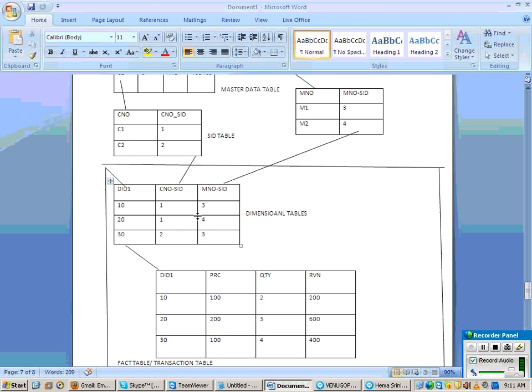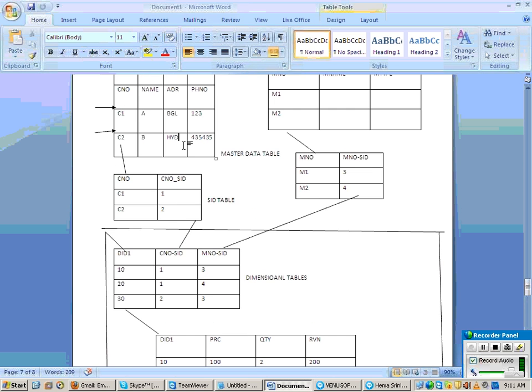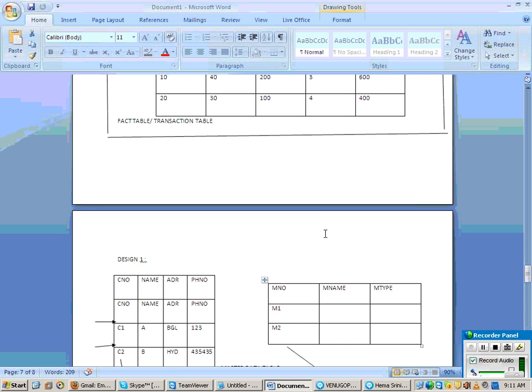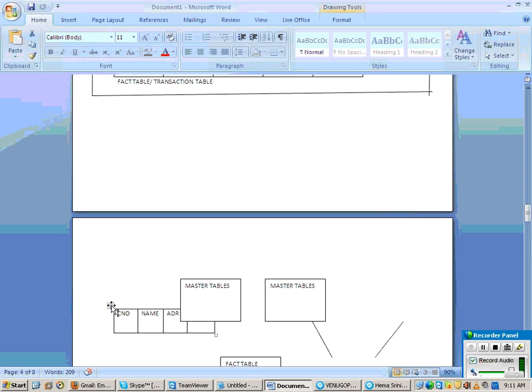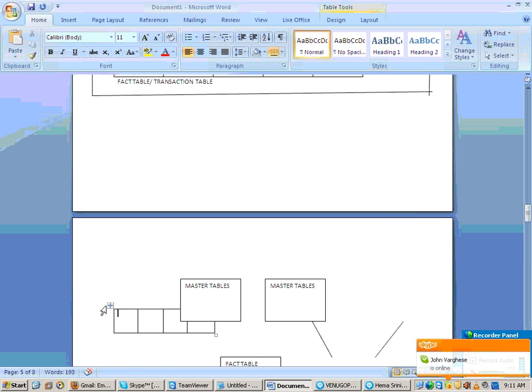Now here, in one dimension, how many master tables are connected? The customer master table as well as the material master table, that means in one dimension you now have 2 characters. Like that with 16 dimensions, your analysis is improved in multiples of 16, or not. Here is the advantage: earlier I could not combine master tables. Why? Because your master table itself is a dimension, right?